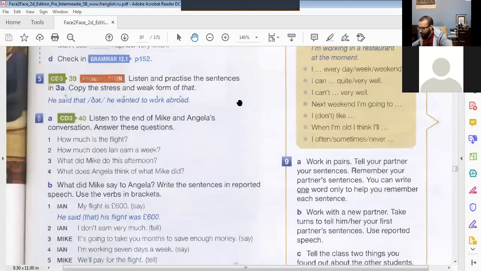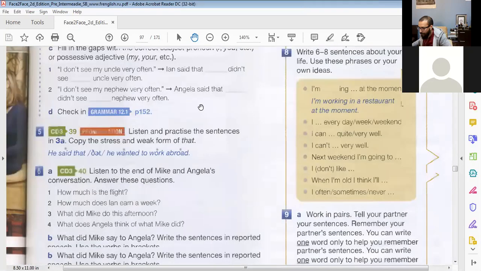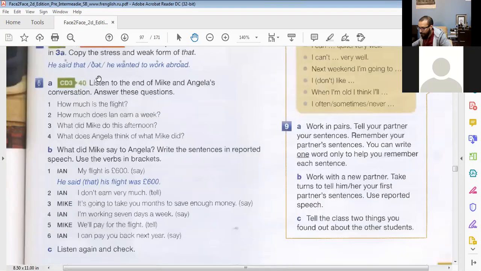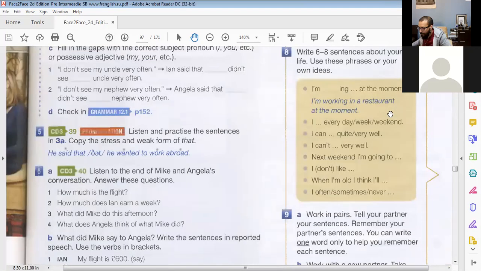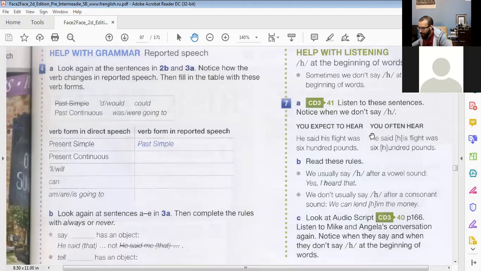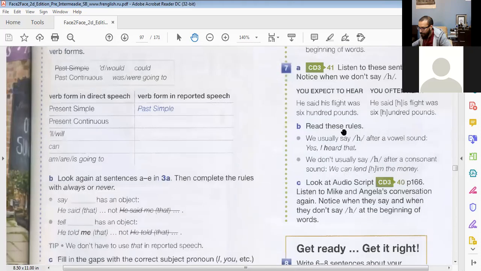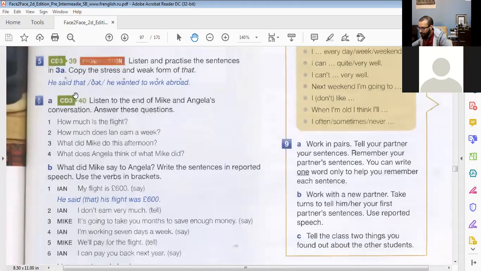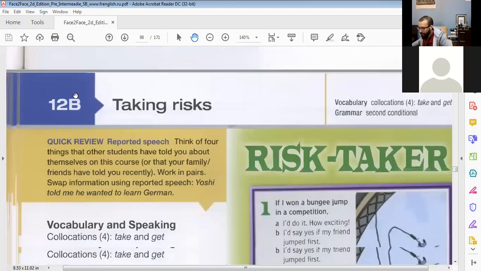Anyway, let's leave the rest for our next lesson. In our next lesson, we will do more exercises. We'll do a little bit of listening. And we'll also, sorry, excuse me. No, this is not related. This is just pronunciation practice. Okay, so this means we can finish this in our next lesson.